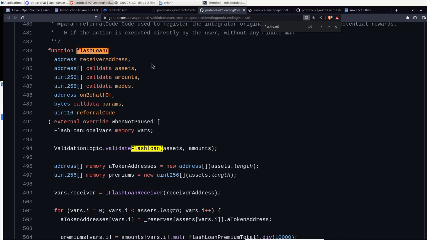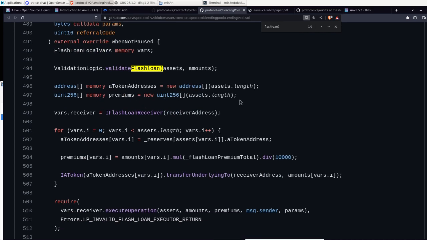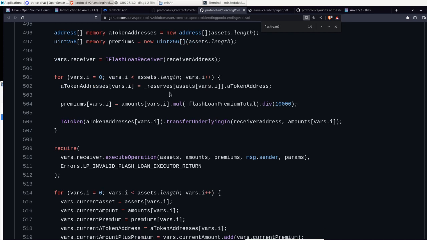So first thing, the flash loans, I guess to say gas, you can do it with several assets for several amounts in different modes, which shows a little bit of flexibility here, super nice. Then we create the fixed size positions for the arrays we need. Then we go over each one of the assets and transfer the underlying. So here we are already doing the flash loan.